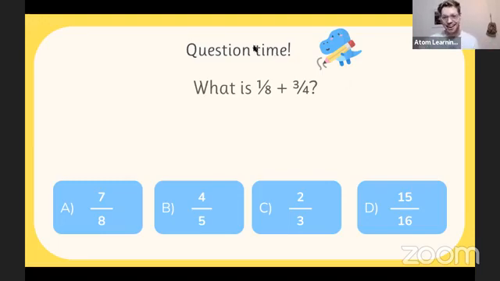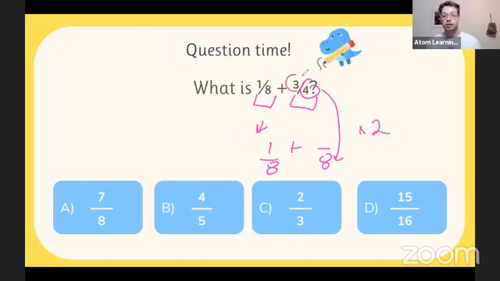Okay, let's talk through how to do this question. I can already see some right answers in the Q&A, so well done, everyone. So if we want to do 1/8 plus 3/4, what do we need to do? Well, we can't add those as they are. When we're adding fractions, what do we need to do? We need to make the bottom number the same. So 1/8, I'm going to leave as it is, but I'm going to change 3/4 into something over 8. Now, to get from 4 to 8, I have to multiply it by 2. That means I have to do the exact same for 3. I need to multiply it by 2 to give me 3 over.